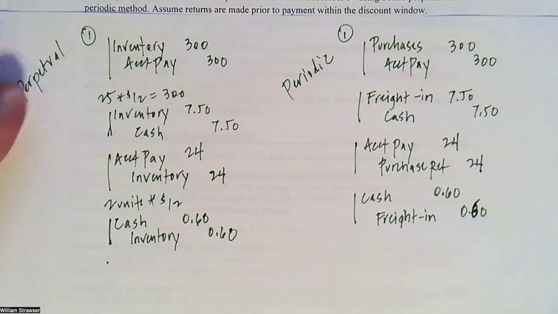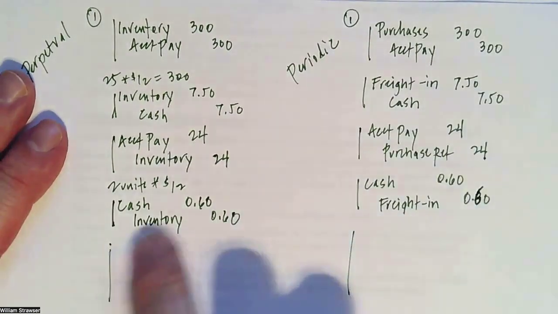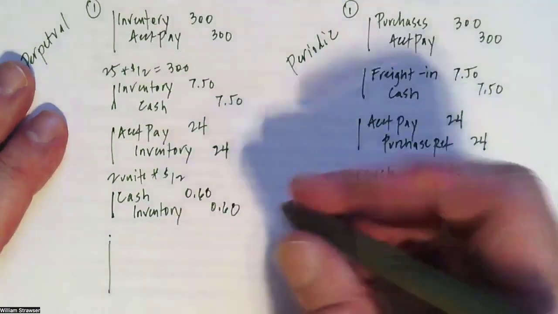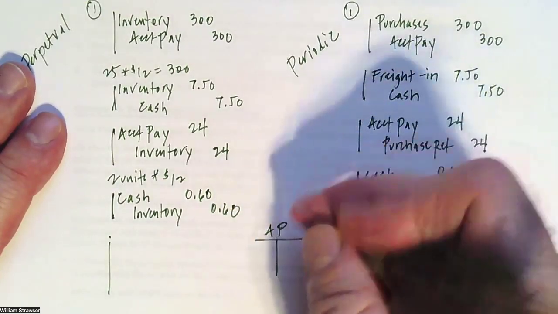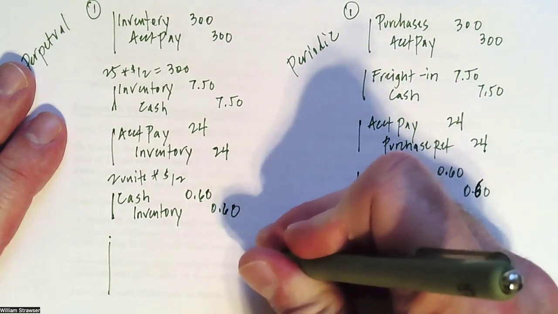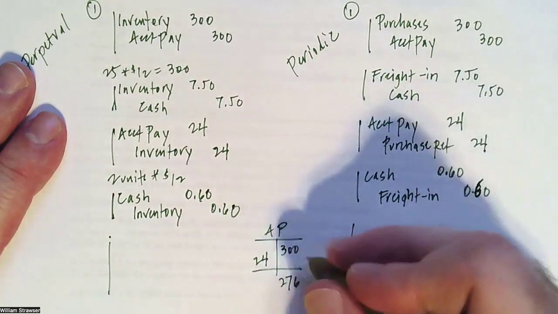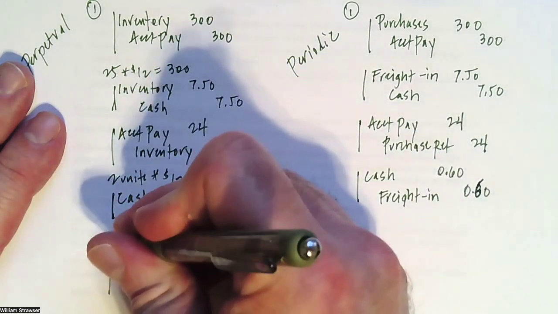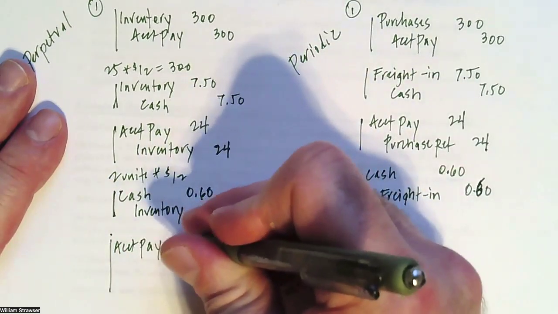Now, finally, when we're paying it, remember we're not paying the full 300 anymore because 24 got knocked off. So if I look at my accounts payable account, it started at 300, but then I debited it for 24. So I have $276 remaining in my accounts payable. That's the amount that I'm paying off here. Debit accounts payable for